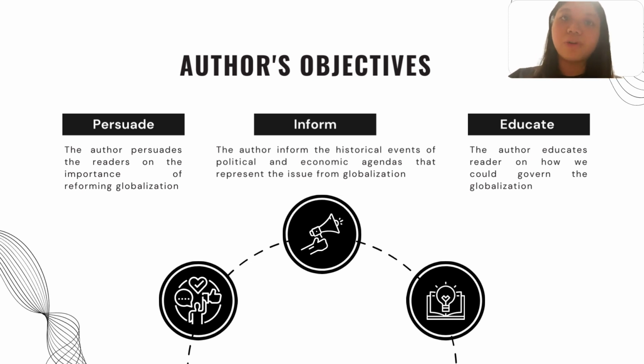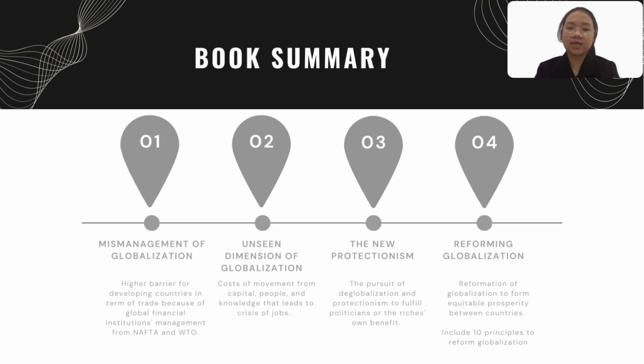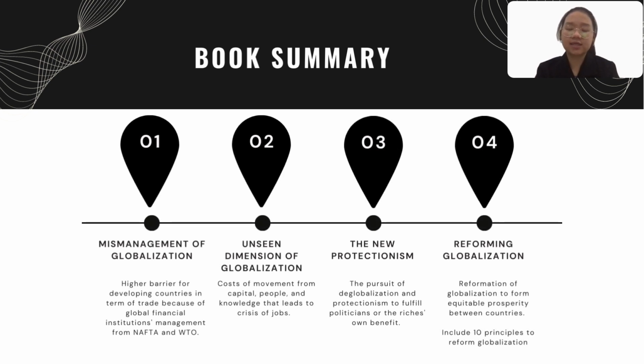The author also educates the readers on how we could govern globalization to reach equitable and sustainable policies. Next, we will discuss 4 key points that the author highlights in this book as a summary. First of all,